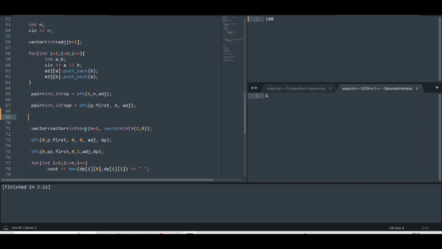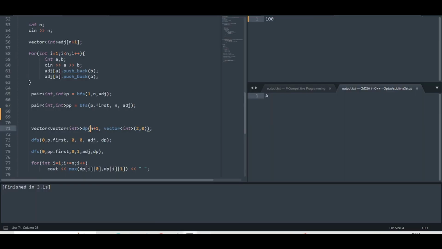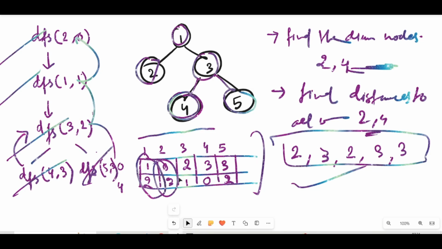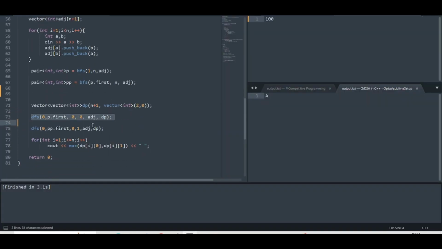So I declare a DP array, this array which I explained here, of dimensions n plus 1 into 2. I'm taking 2 columns and n plus 1 rows rather than taking 2 rows and n plus 1 columns. That's okay. Now I call this DFS function from the first source node, which is the first endpoint of